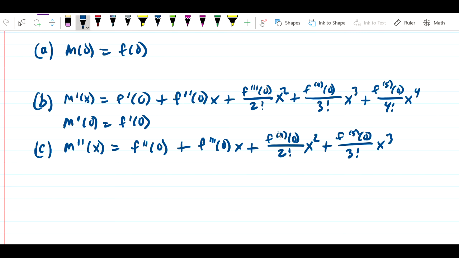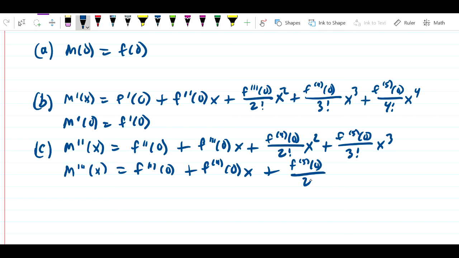The number of the derivative, f4, f5, those stay the same, but this factorial and the exponent keep reducing by 1 every time I find the derivative. So let's keep going. M triple prime of x is equal to f triple prime of 0 plus f4 of 0 x plus f5 of 0 over 2 factorial x squared,